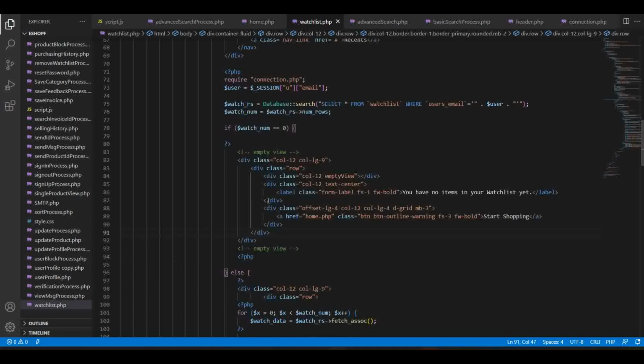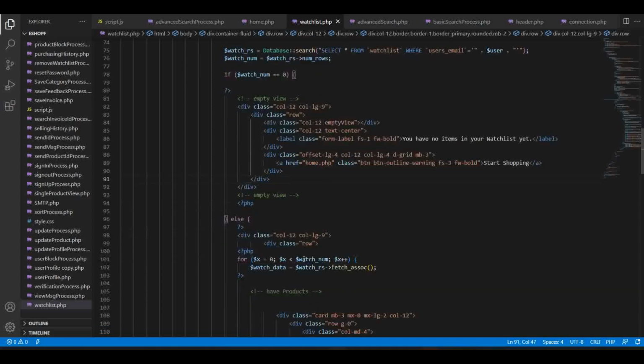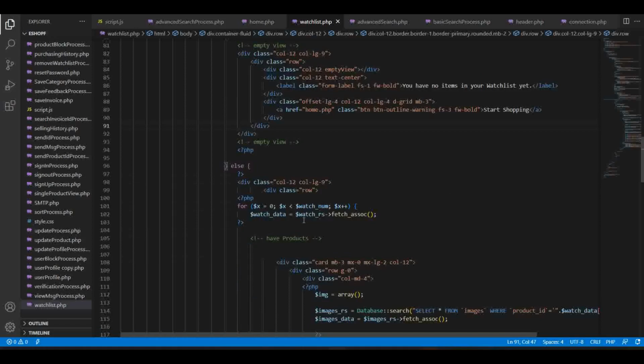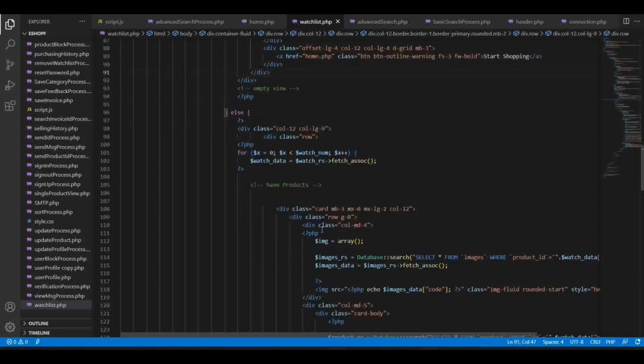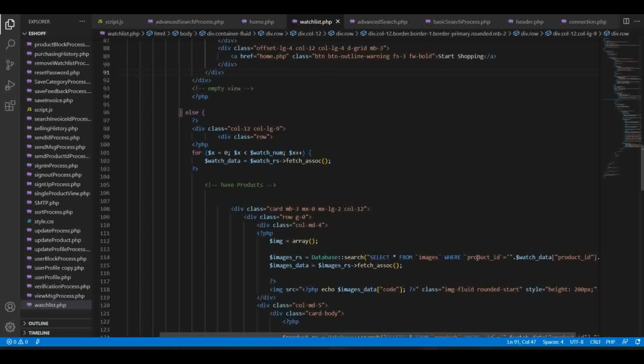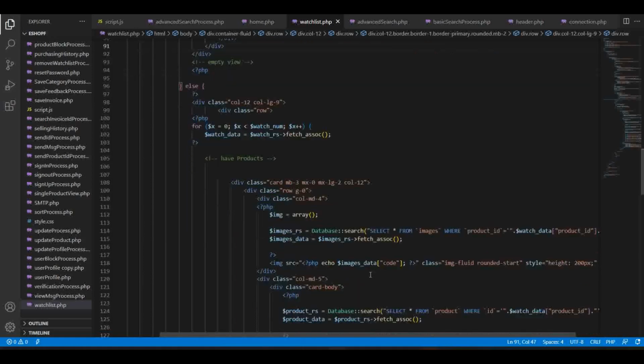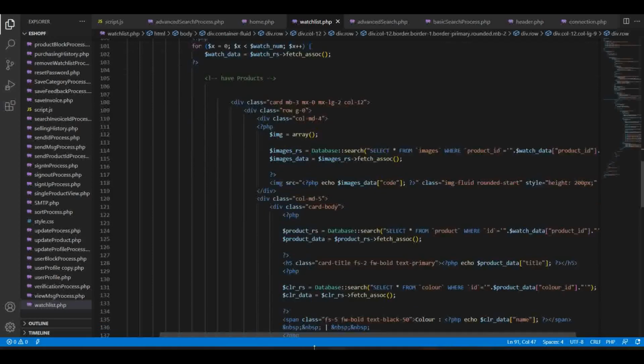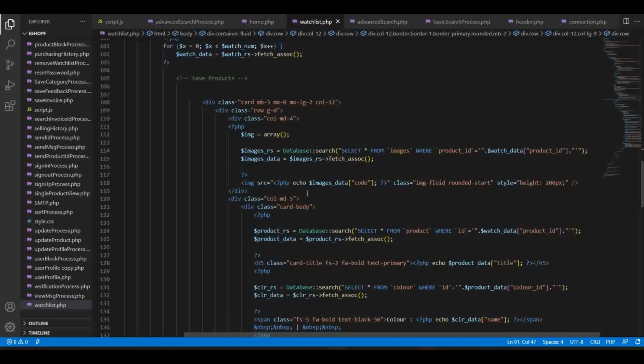But if he has selected at least one item to his watchlist, we take the information of the product he has selected, and then we run a query to get the images of the product which he has selected with the product ID, and then we give the image like this, and then we take the product results, the information about the product which has the product ID like this,